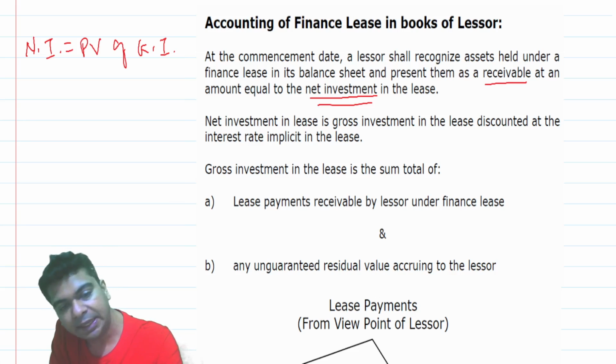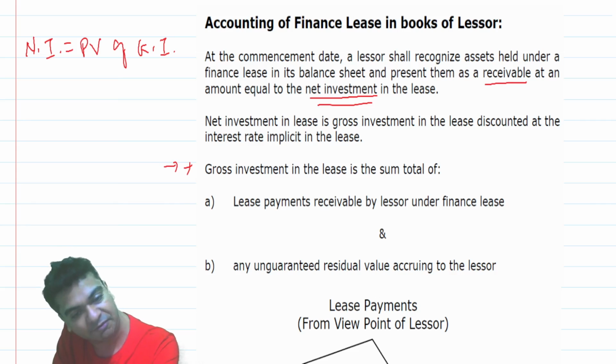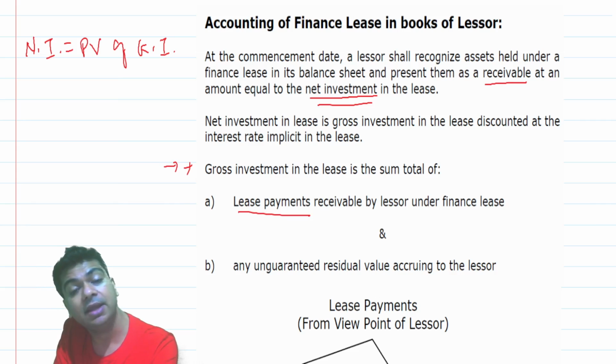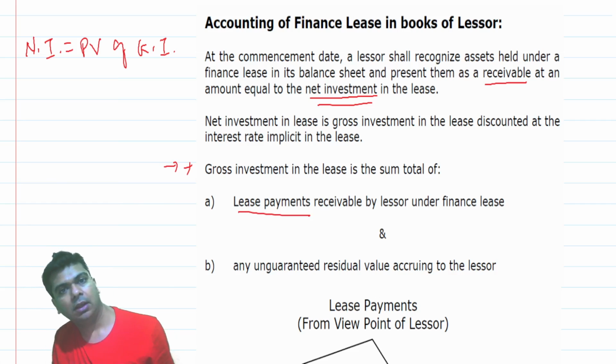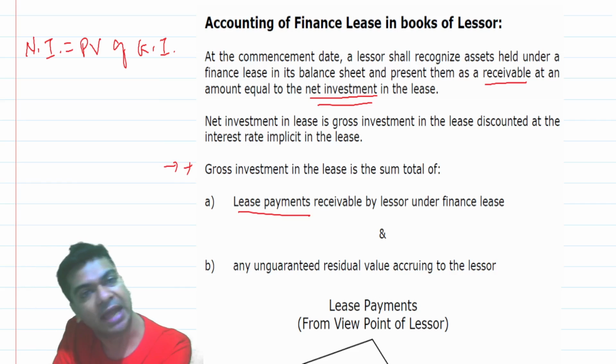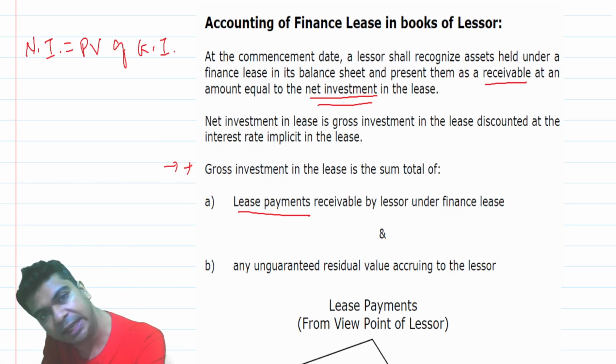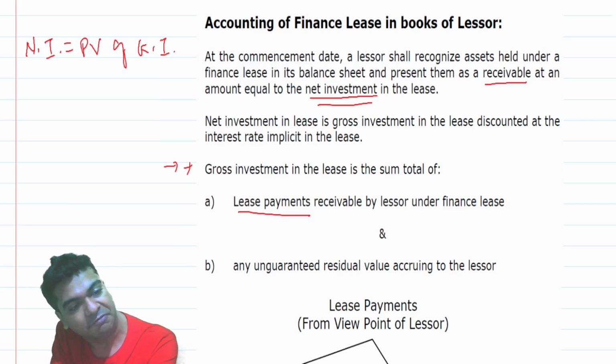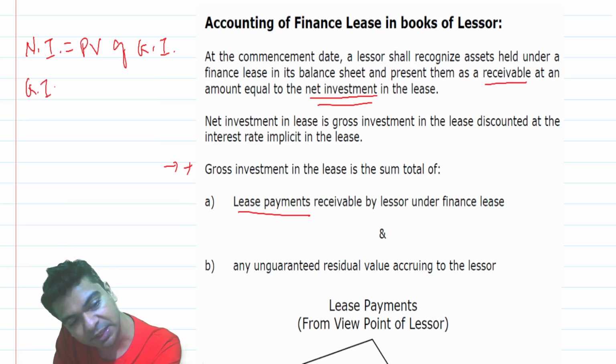Okay, here it is, the gross investment. Gross investment in the lease is the sum total of lease payments receivable by the lessor under finance lease and any unguaranteed residual value accruing to the lessor. In the earlier episode where we were discussing how we can work out the interest rate implicit in the lease, at that time we had seen to a certain extent the gross investment. We are saying gross investment will be equal to lease payments plus